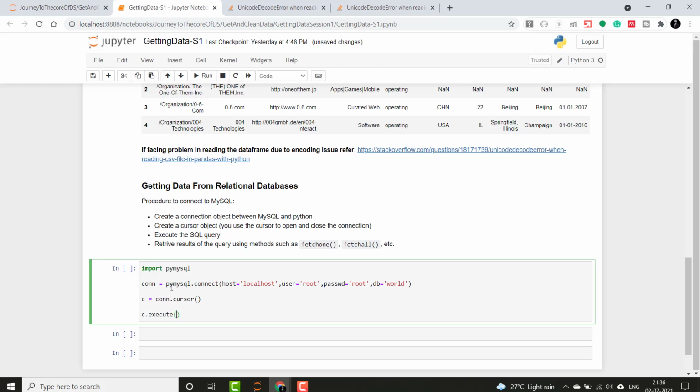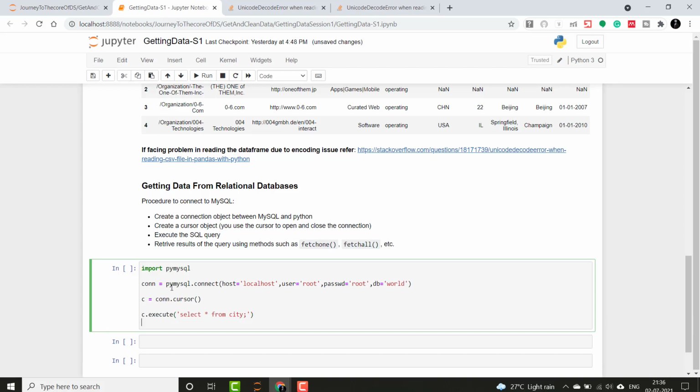We'll say c.execute using cursor object, and then we will do select star from city. Okay, so city is one of the tables here, and then we will select all the rows.